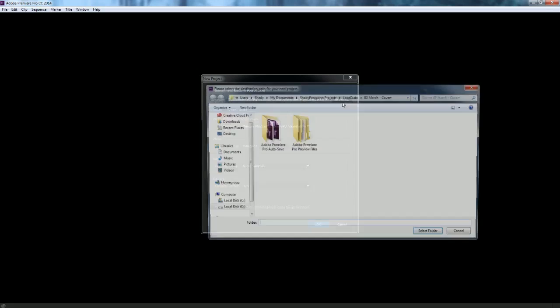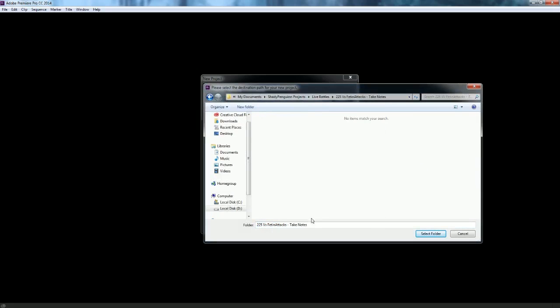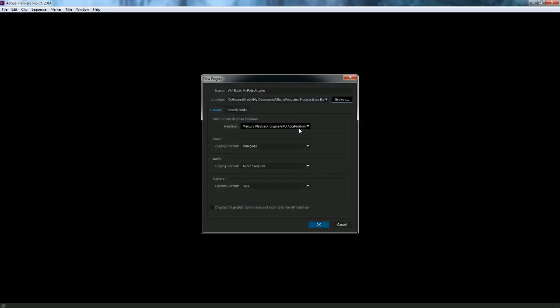Then I'm going to browse, go over to my projects, go to live battles, faint attacks, and save it right here. So there we go. Did I do faint attacks again? What the heck is going on with my brain? Faint attacks. So once you have this all set up,